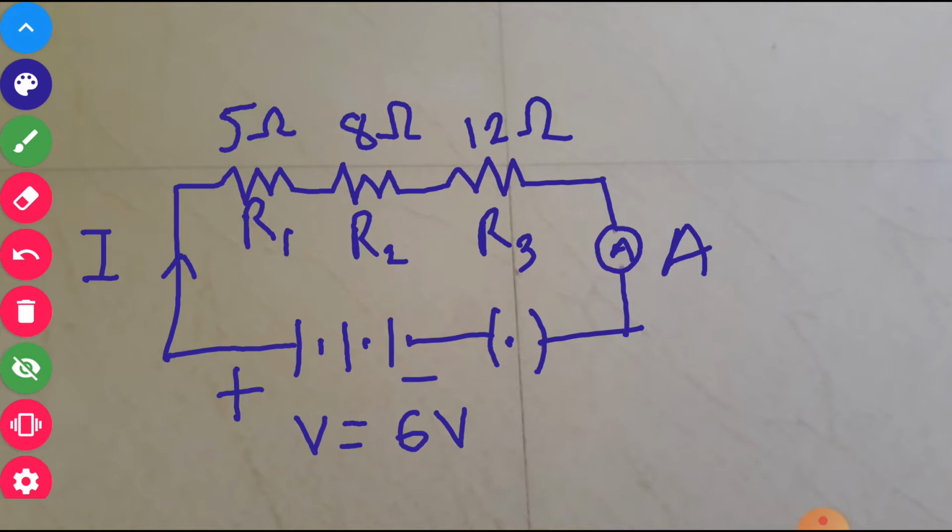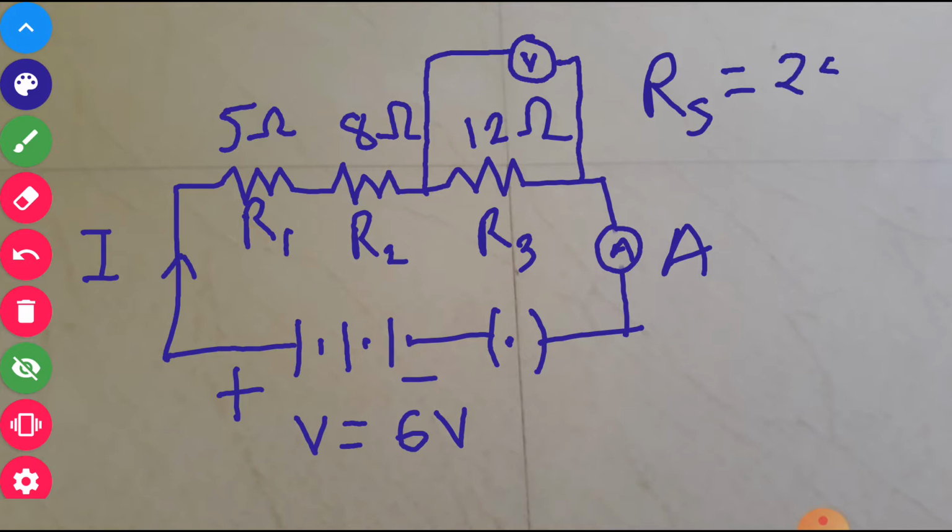And we want to measure the voltage across 12 ohm. Voltage is always measured in parallel, so the voltmeter is joined in parallel with the 12 ohm resistance. So V is written. Now try to understand. We want to find out the voltage across this 12 ohm. First of all, the total resistance of this series connection is the addition of all 3 resistors. So 8 plus 5 plus 12 becomes 25 ohm.